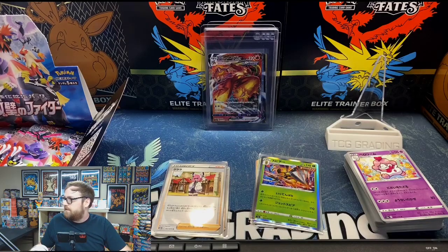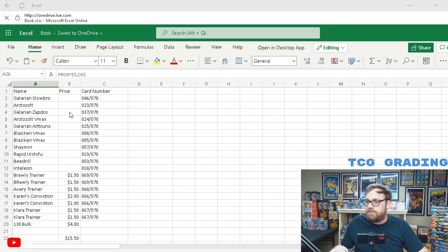So what I did is I put all of the cards, pulls as you want to call them, onto a spreadsheet here. And here are the trainer cards I was talking about. I already looked up the price of those. The Brawly cards were selling for about $1.50 each. These are sold listings, what they've actually sold at. The Avery trainer card was $1.50. The Karen's trainer cards were $2 a piece. The Clara trainer cards were selling at $1.50 a piece. And then the 130 bulk cards, I put those in at 3 cents a piece, which equaled out to about $4. So right now we're looking at about $15.50 in just trainer cards and bulk cards before we even get